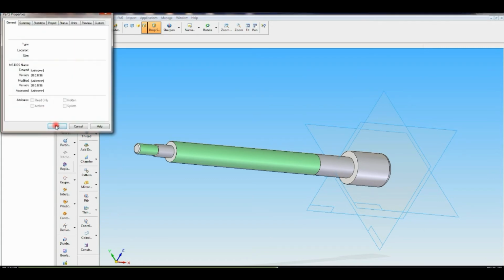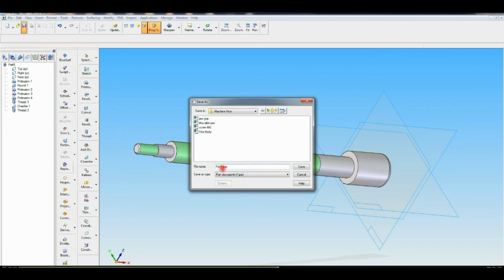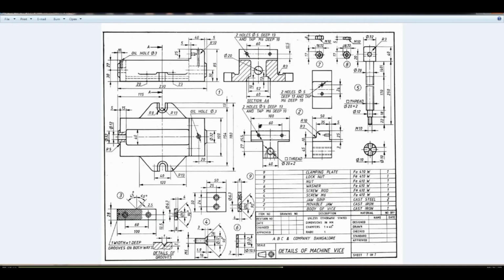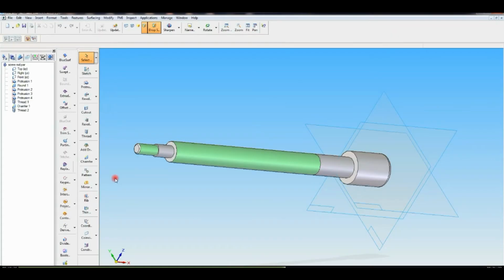For betterment, save it once again. Give the name as screw rod. Save. In the same part, one slot is remaining. The diameter is 10 mm. The distance is 20 mm.